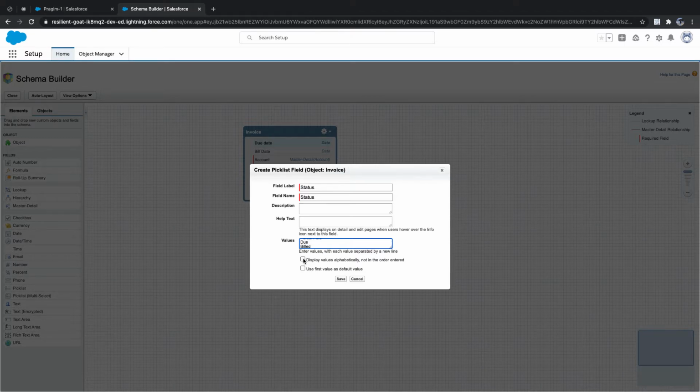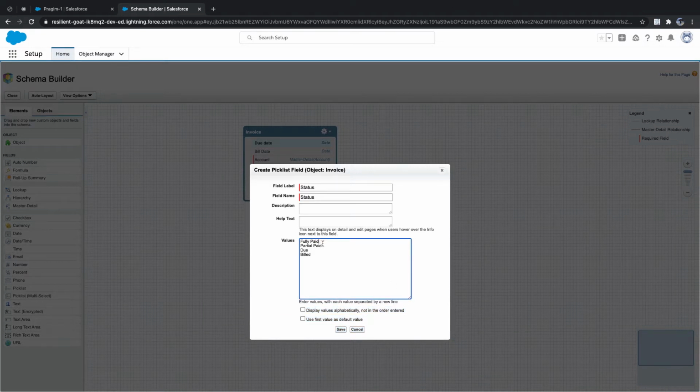Display values in alphabetical order, not in the order I entered. Use first value as the default. I don't want to do any of this. So here we entered fields: fully paid, partially paid, due, or bill. Let's say my first value I'll always say bill. Whenever I'm creating invoices, bill. So I'm saving it.